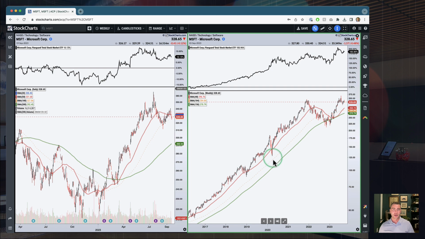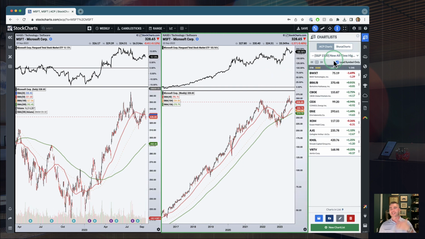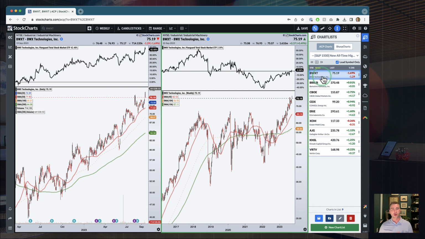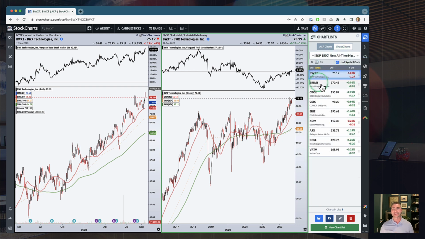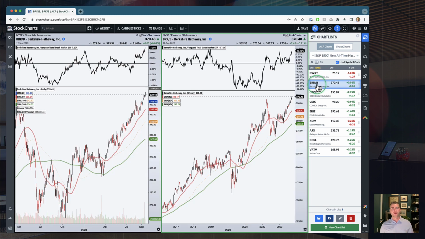on the right. So what I like to do is take watch lists from my account or scans or different things, pull those open on the right side of the platform, and then I can just flip through these charts with the daily and the weekly on the screen at the same time. So in this case, we're looking at stocks in the S&P 1500 that made a new all-time high today. We can just click through these and you can see how fast and easy it is to see those symbols